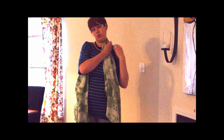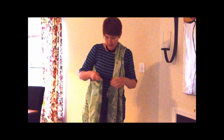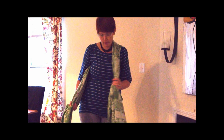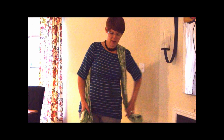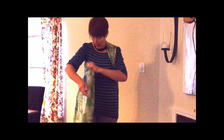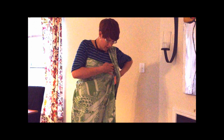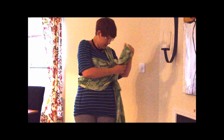I have it on my left shoulder. It'll kind of freeze up my right hand and my right side, so it just kind of depends. You can switch it up, whichever is comfortable for you. Okay, and then the short side, what I'm going to do is tuck it in between my knees. Actually, I'm tucking it in between my knees behind me because it's going to keep it out of my way a little bit more. And then I bring this longer side over my front